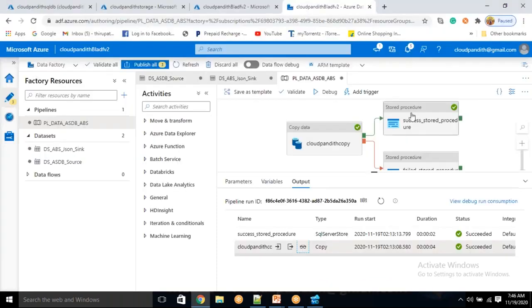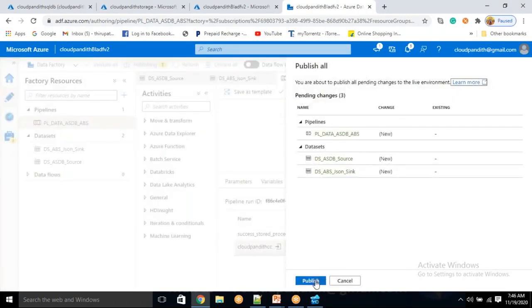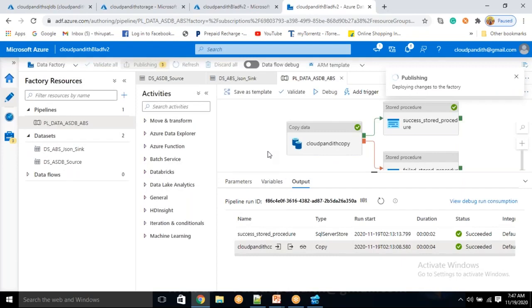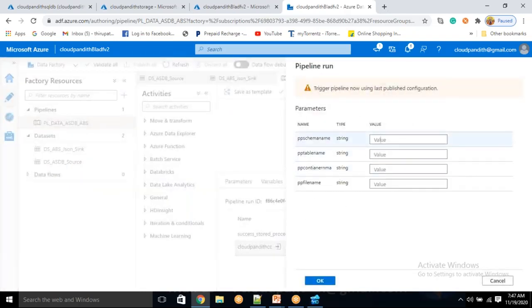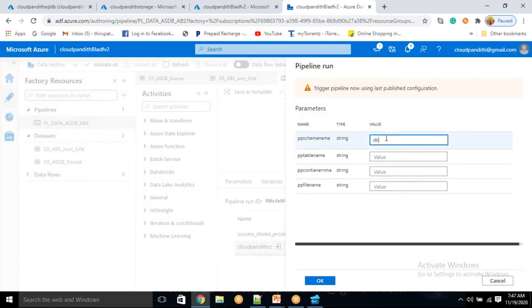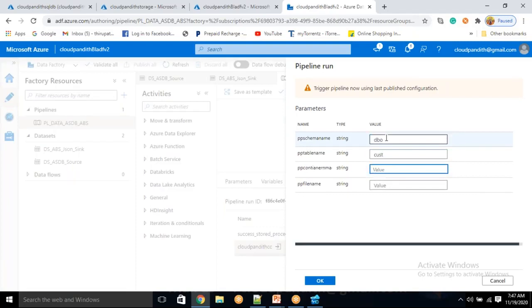Now we'll do it another way. I will just publish it. Okay, just publish. Okay, now let's do one thing. Add trigger now. So you need to provide the values here. Let me provide values here. Schema name I will give as dbo. This is the cust table. I will say cust data 2, or you can say cust